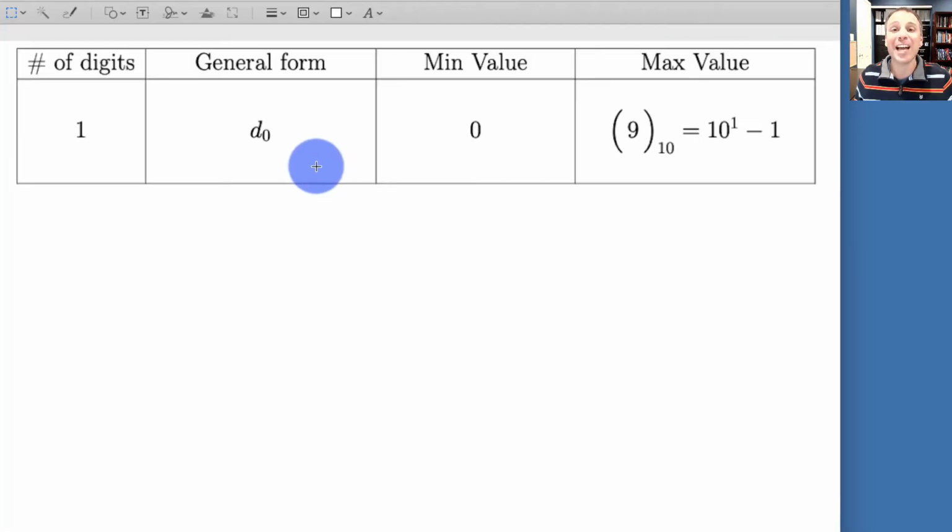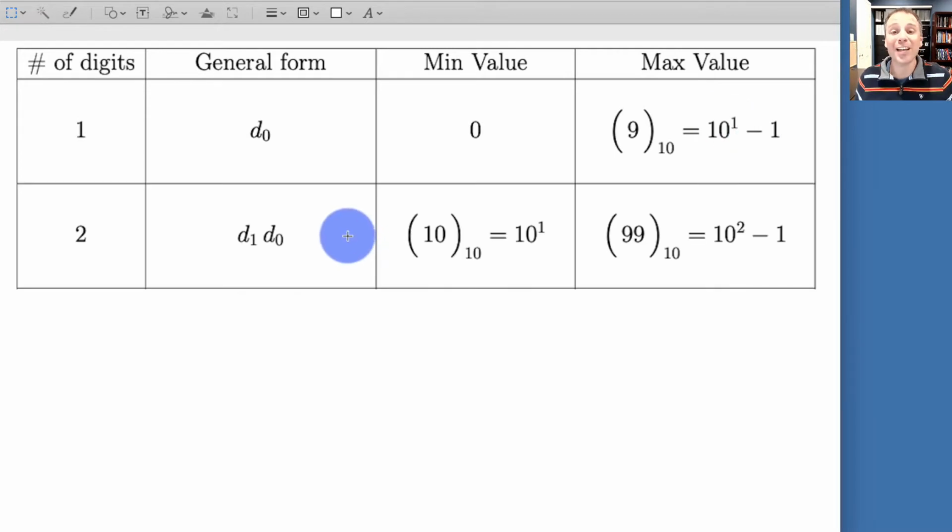Let's start by looking at our decimal representation, and ask: which unsigned integers can be represented by one decimal digit? In this case, of course, 0 requires one decimal digit, and then 1, 2, 3, 4, all the way till we get before 10. What's the largest number before 10? It must be 9. It's one less than the base by definition. In other words, the set of all numbers that can be represented by a single decimal digit starts at 0 and goes up to 9. And of course, 9 is 1 less than 10 to the first.